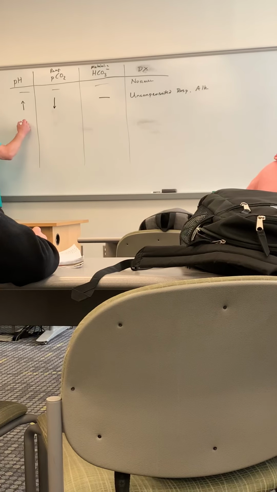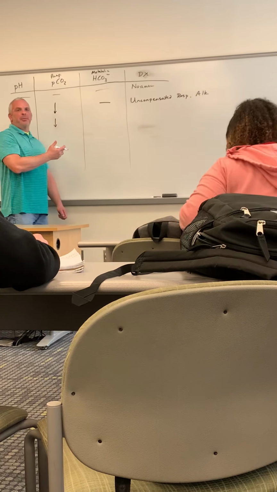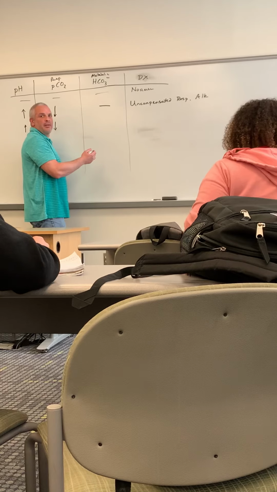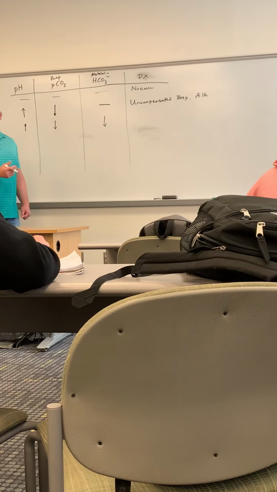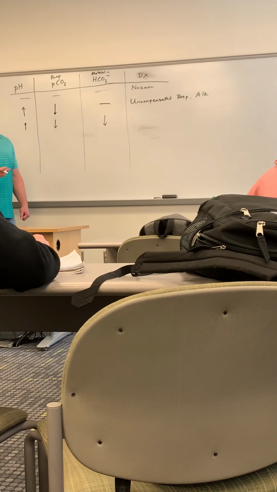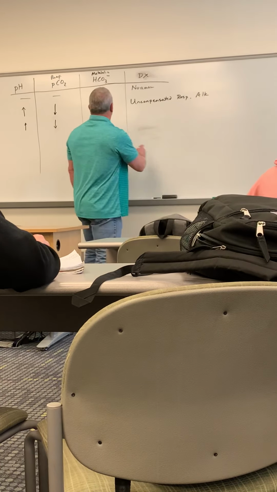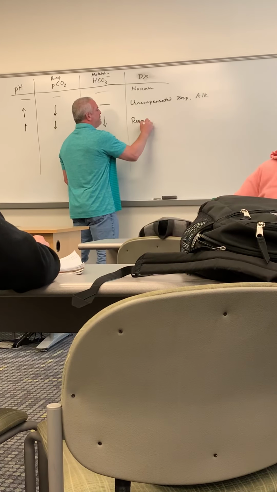And now you know where I'm going with this, right? pH is high, CO2 is low. What's your kidney's response to this? Dump bicarb, because you're trying to bring the pH back down, right? pH goes down when the bicarb is down. So with the bicarb down, this would be respiratory alkalosis,